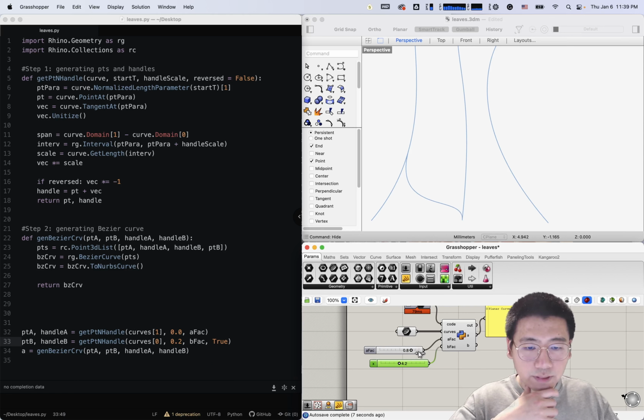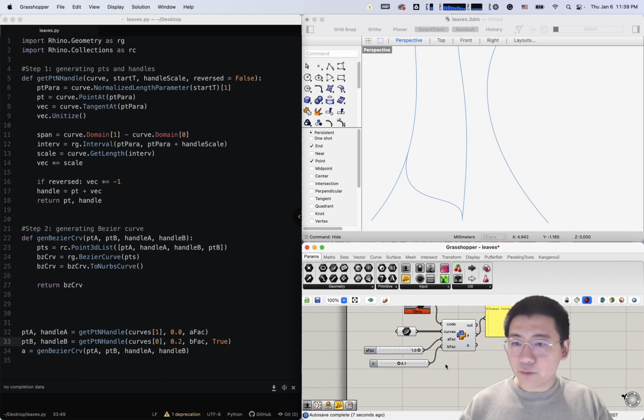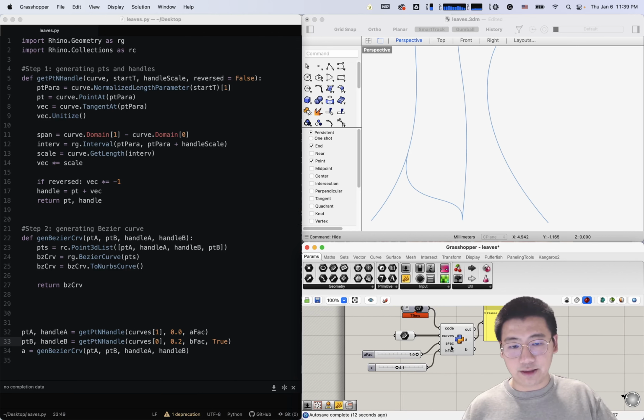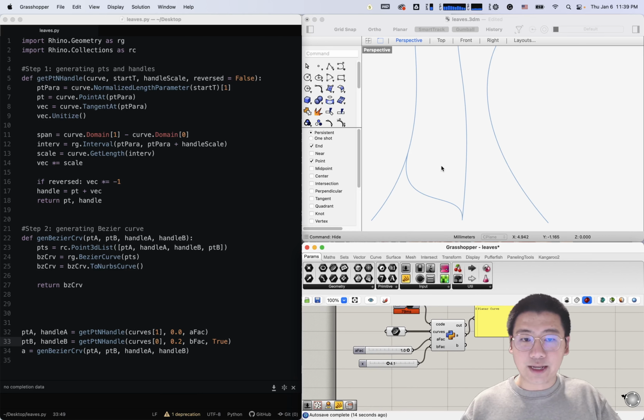Yeah, I want to keep it like maybe 1, and keep another one like 4.1. And now what we need to do is create 3 sets of the factor combinations. Then we can create 3 curves for just one leaf unit. So we need to create another function called